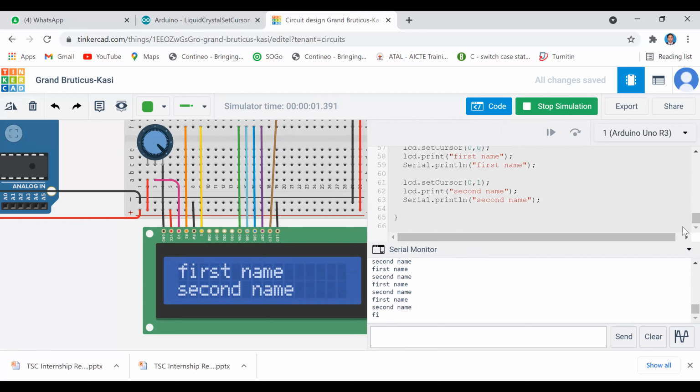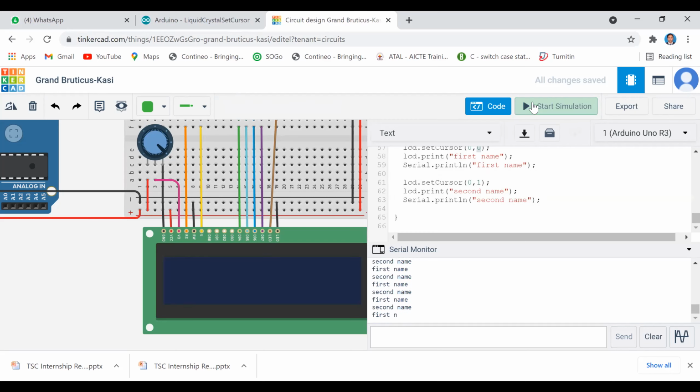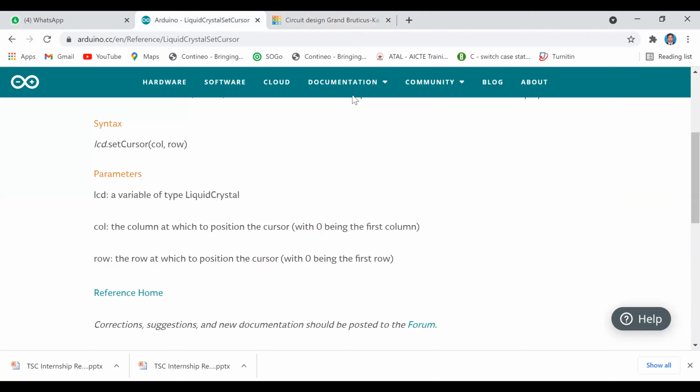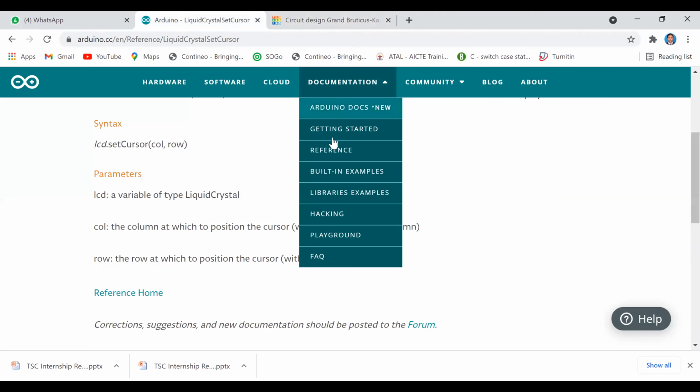So these are all just the basic level of understanding the program. By this basic understanding, you can develop your own applications, whatever you are going to do in future, mini projects, whatever. Fine. So any doubt we can discuss. We have more functions. You can go back to the Arduino reference, that is the documentation.